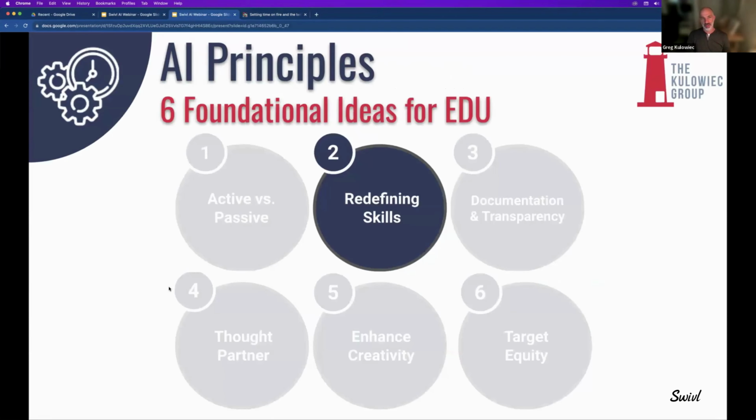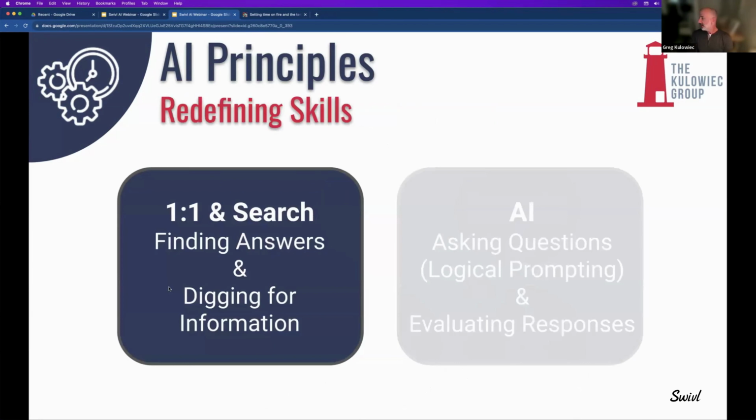So another principle is redefining skills. I often think about the kinds of assignments I would give my students and what skills and abilities were really embedded in those assignments. Not what the task is, but what is the skill we're working on, and how AI is going to force us to confront the skills that are valuable now and what might be more valuable moving forward. Not that it isn't now, but maybe increased value moving forward.